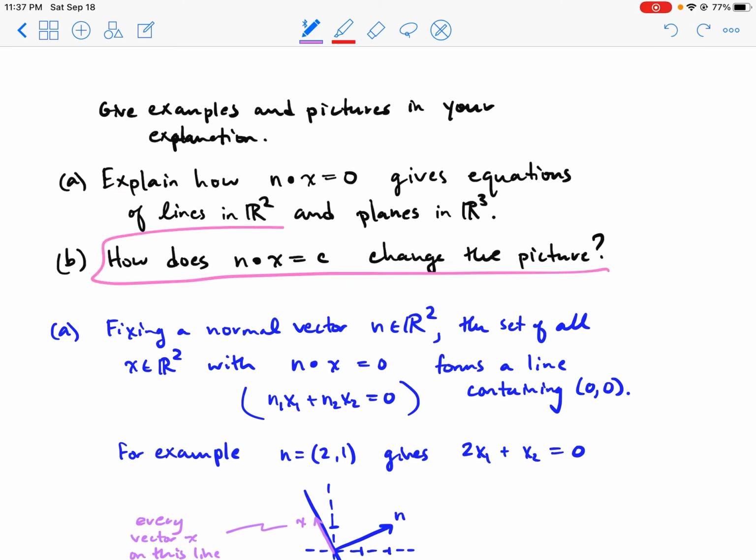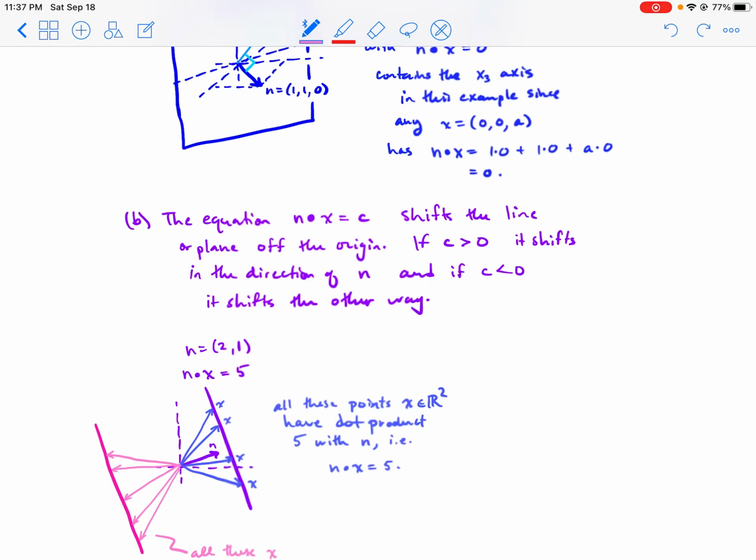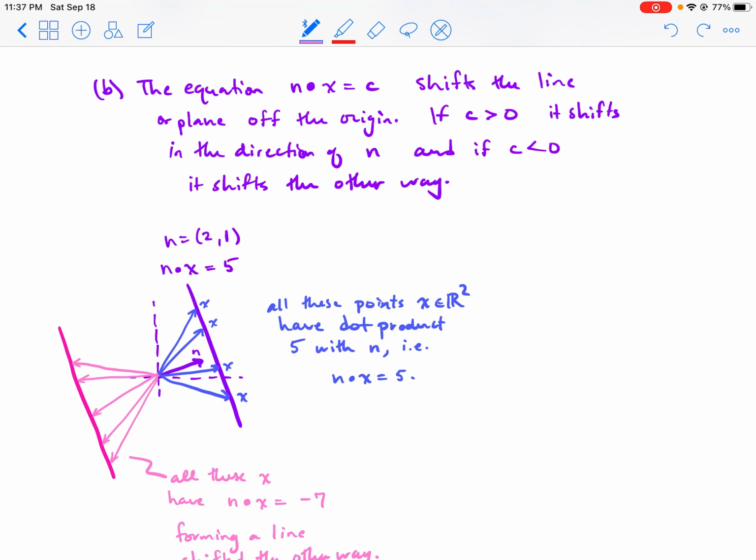How does n dot x equals c change the picture? Now c could be either positive or negative. The equation n dot x equals c shifts the line or the plane off the origin. If c is positive, it shifts in the direction of n, and if c is negative, it shifts the other way. Then I draw a picture, so I can take n equals (2, 1), and let's say